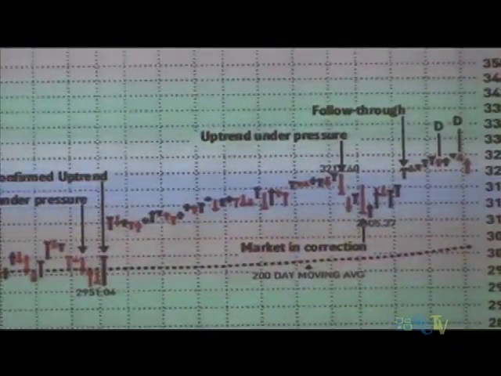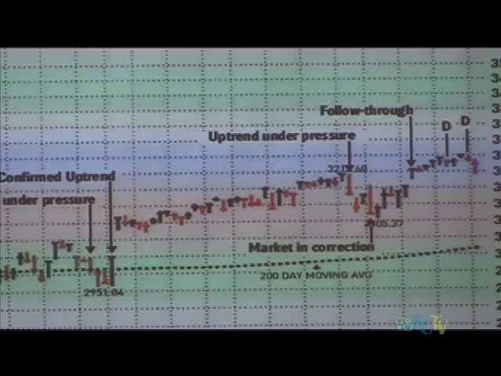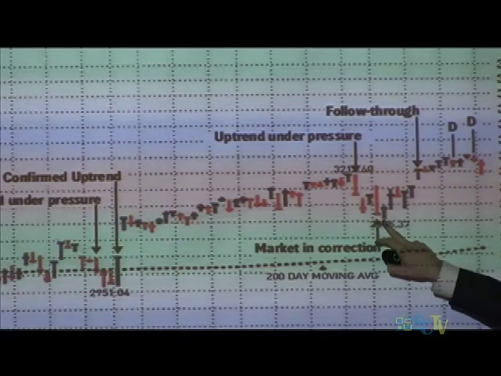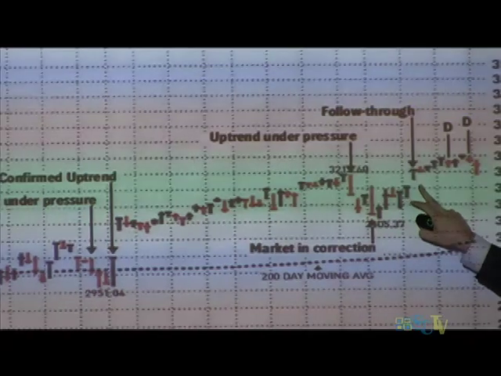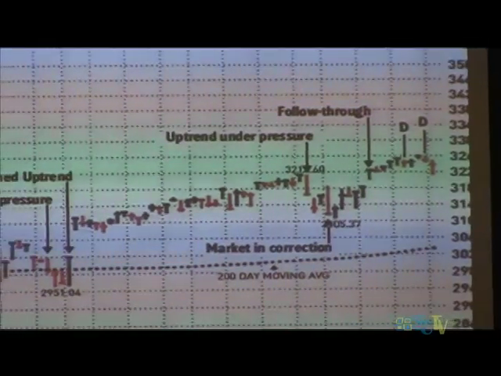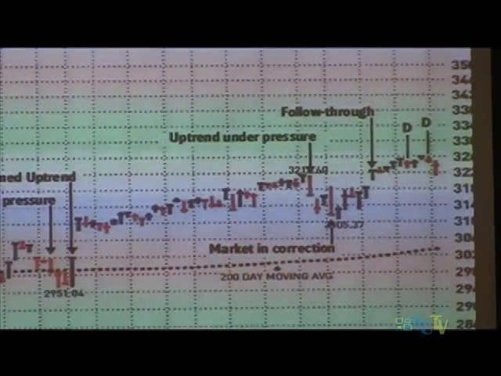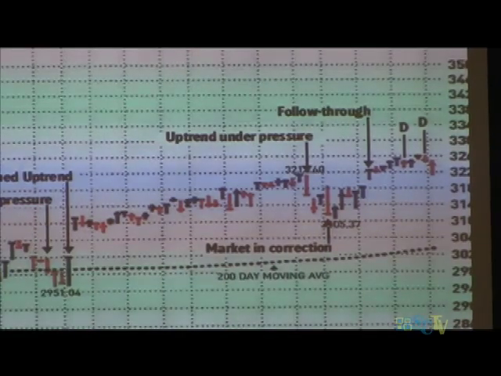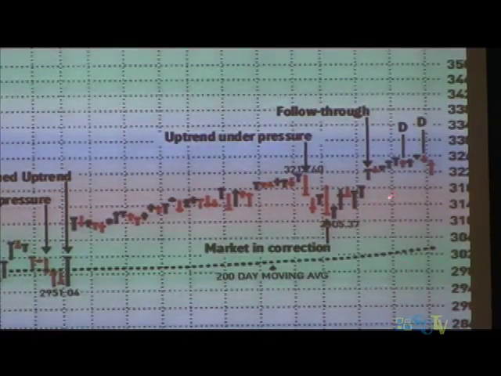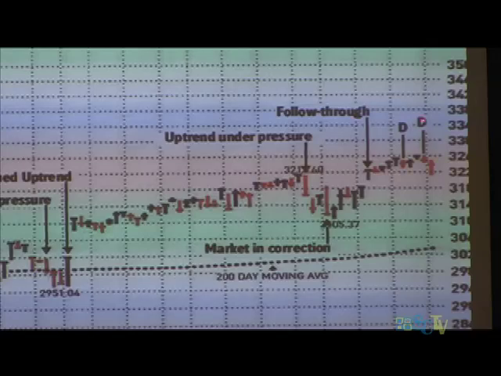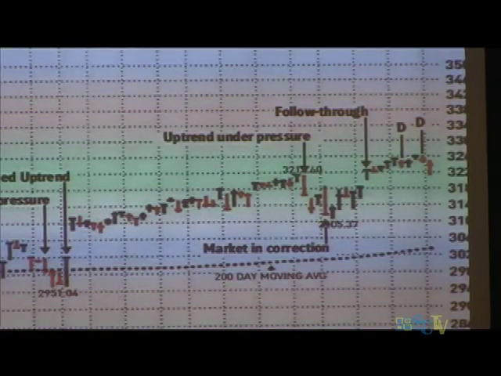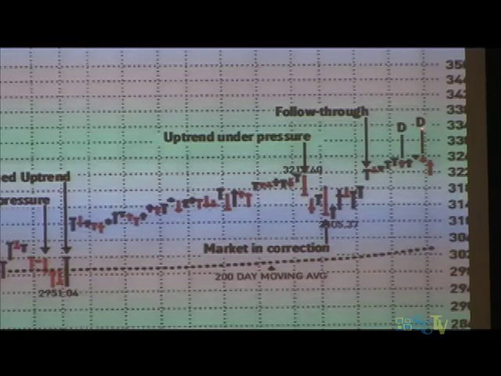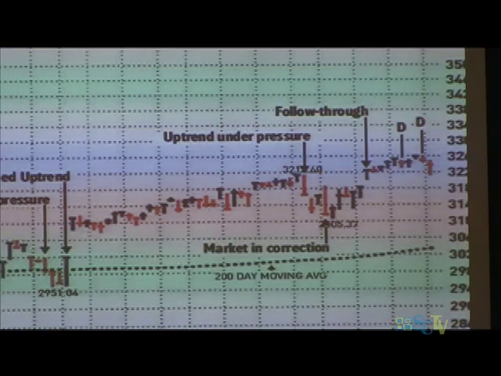So technically, the market is now in a correction, and we start looking for the bottom, okay? Remember what I said. You're never going to get in at the exact bottom. So the very next day was the bottom. However, we didn't call a follow-through day until day 6 of that rally attempt. That's technically when we had the follow-through day, okay? And that takes us to where we are now. And as of right now, I think today was another distribution day. We should have 3 for the NASDAQ. You'll see in tomorrow's paper another D, and that's going to give us 3 for the NASDAQ. I'm not sure what the count is on the other indexes.